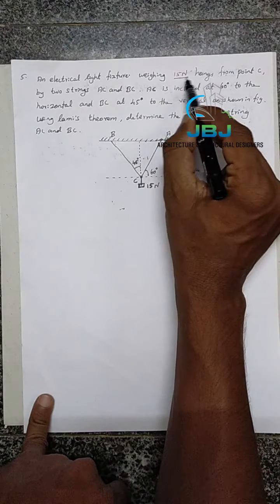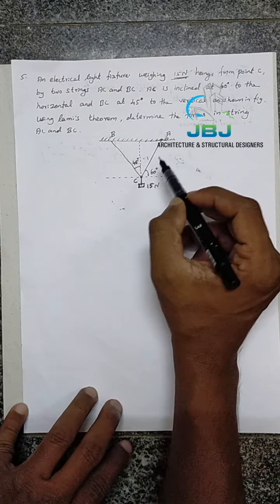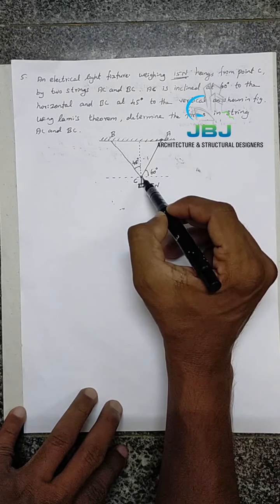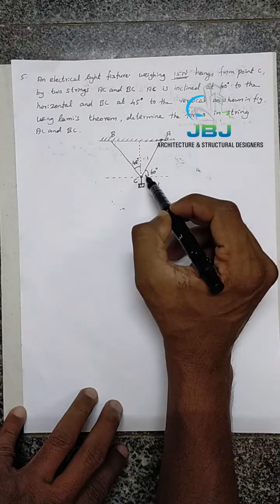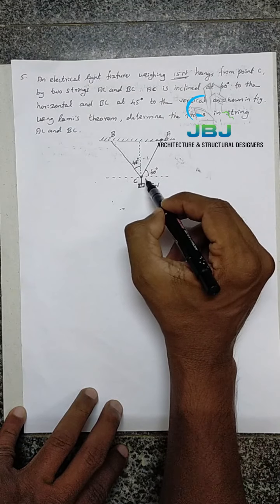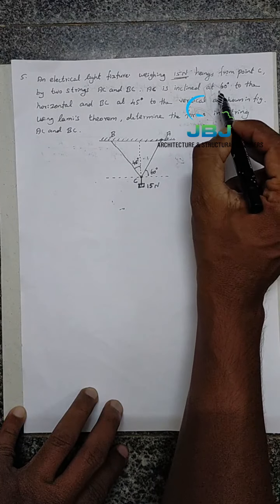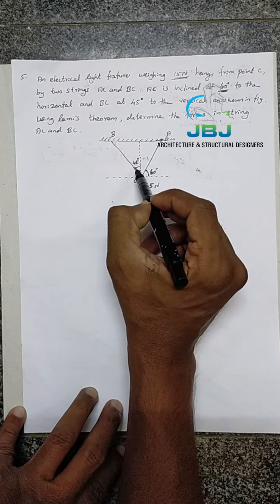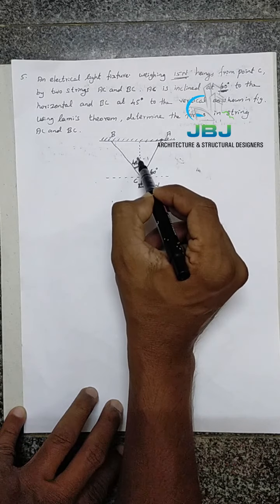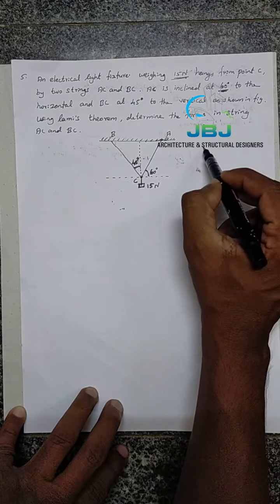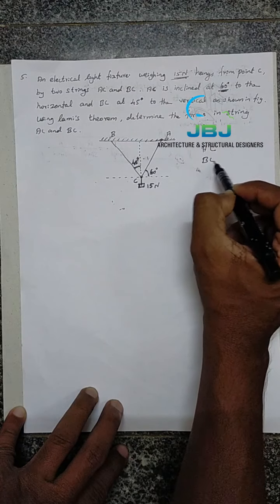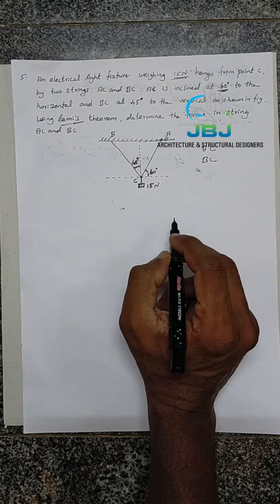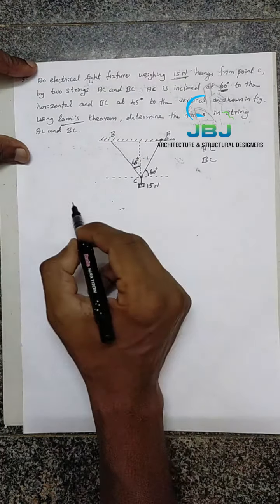They give the angle of inclination of this string. The string is nothing but a simple support. The angle of AC is inclined at 60 degree to the horizontal, and BC is 45 degree from the vertical. How can we find the force in AC and BC? Here we can use Lami's theorem, right? What's Lami's theorem? You know, the force divided by opposite angle, that is Lami's theorem.